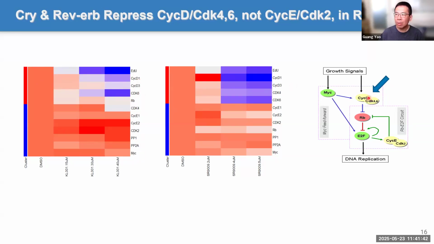So again, confirming the model prediction, indeed Cry and RevERB directly target cyclin CDK in our experiments. And we just started to confirm this, although all our models, the base model at least, were constructed using data from REF cells. But we want to see if this direct regulation of cyclin CDK can potentially be expanded to other cell types, because these are fibroblasts.